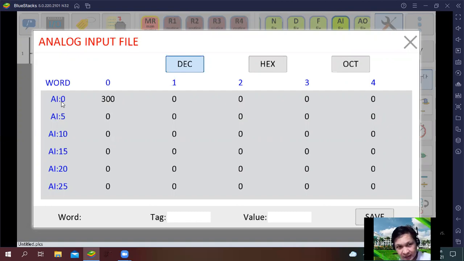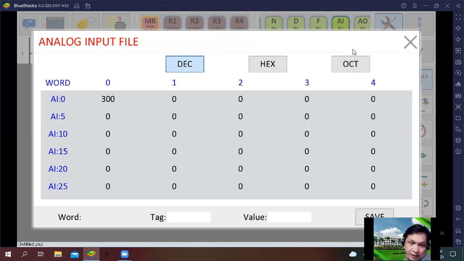So this is A word 0 and byte 0, A word 0 and byte 1, A input 0 and byte 2, and so on and so forth. Use decimal instead of hexadecimal, sorry, octal,